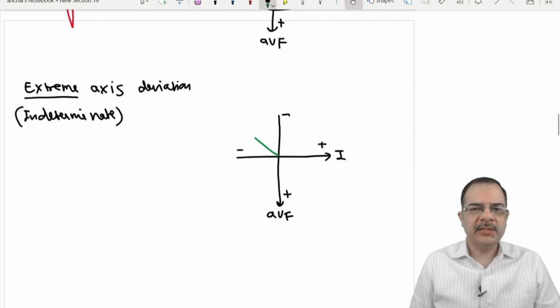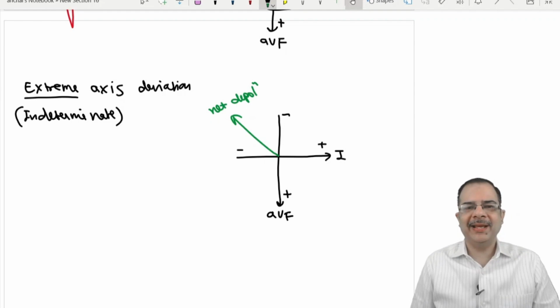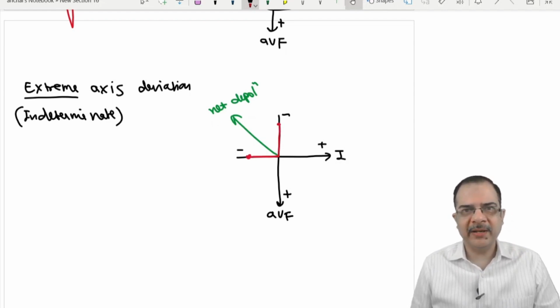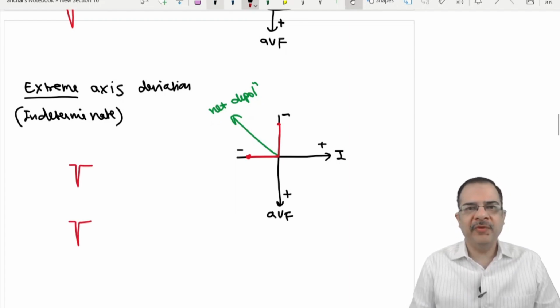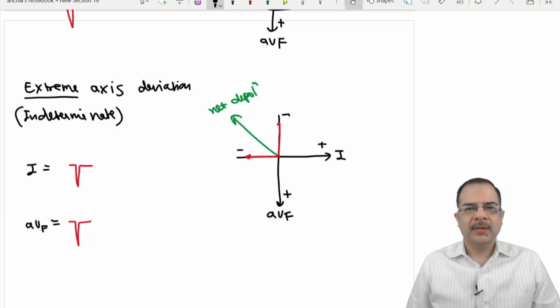So this is the direction of net depolarization for extreme axis, towards the right shoulder side. To get the axis in this direction, lead 1 should have a negative QRS, and AVF should also have a negative QRS. So both should be negative in lead 1 and AVF, like this will be the QRS complexes. So this is the net depolarization direction. This is known as an extreme axis deviation, and sometimes in artificial pacemakers this can be the depolarization direction.